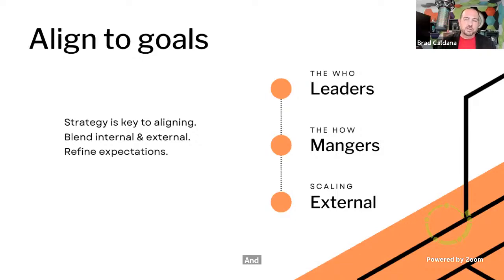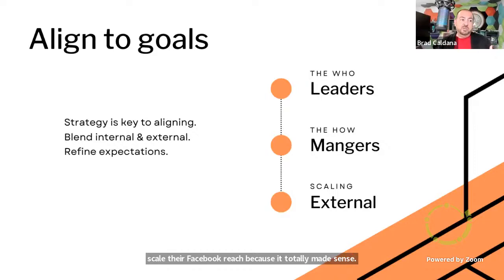And I think most organizations still have a ton of room to scale their reach and impact, though probably in different places, right? A lot of organizations were trying to scale their Facebook reach because it totally made sense up to 3 years ago. And if you're still doing that via traditional pages,